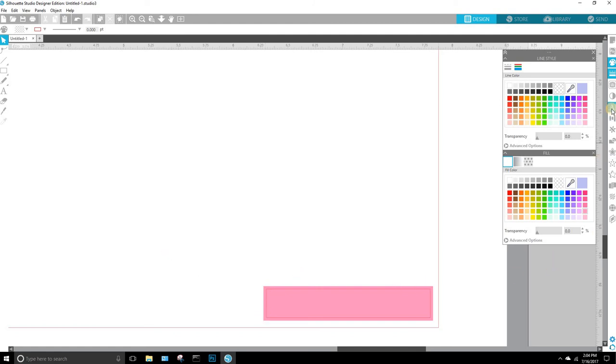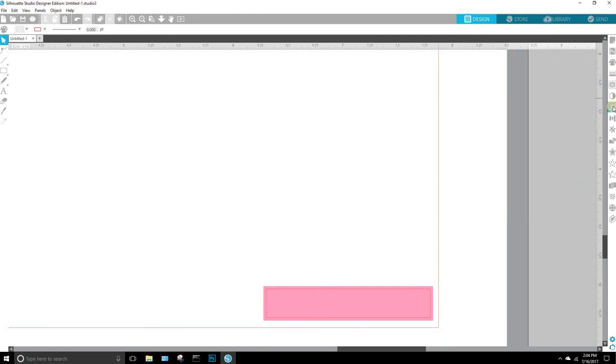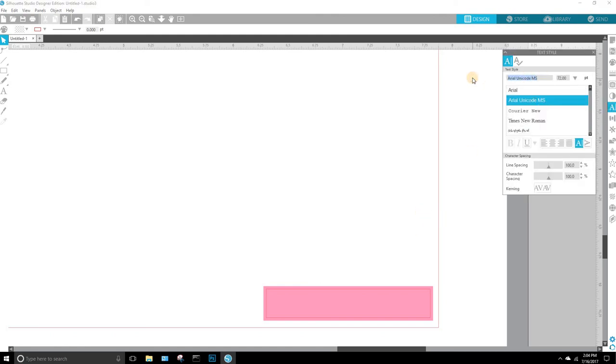Okay, so the next thing we're going to do is close these here. Then we're going to open the text style panel. I like to use Happy Camper. You can get this font for free if you want to match fonts that I use for my printables. So we have that selected. We're going to select 0.18, and we're going to go over here to